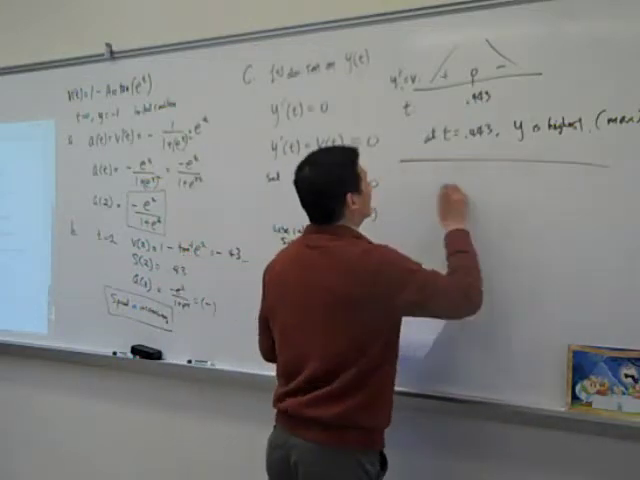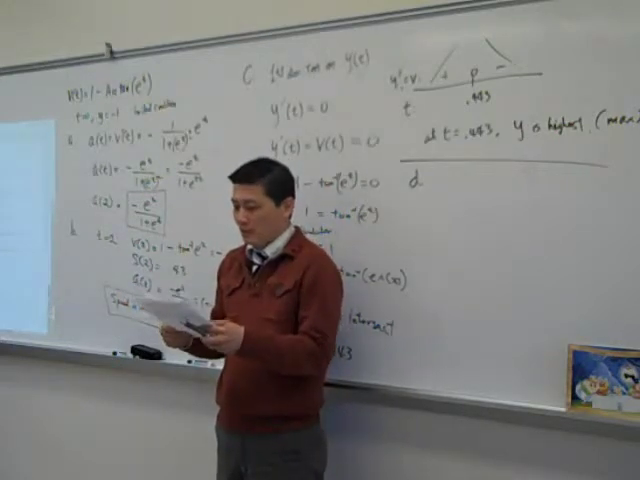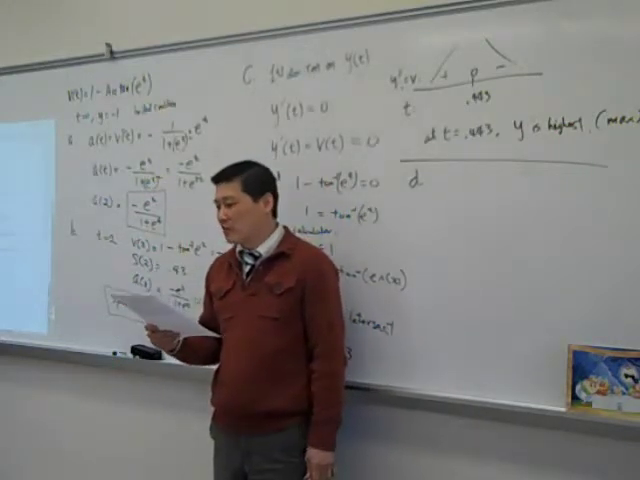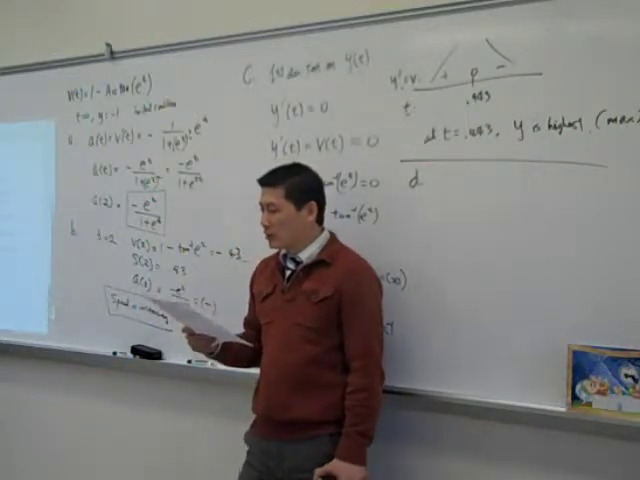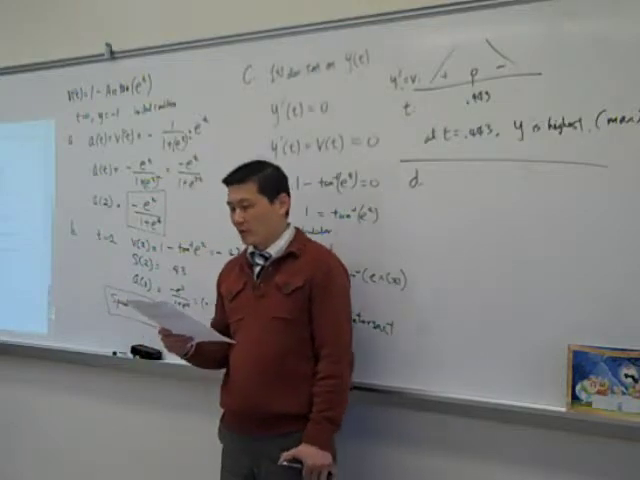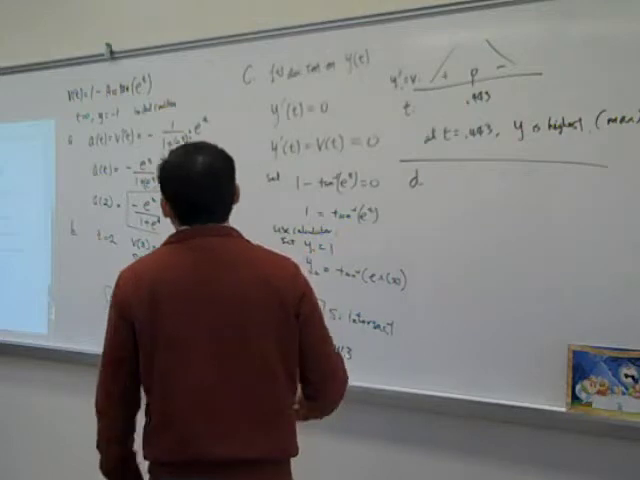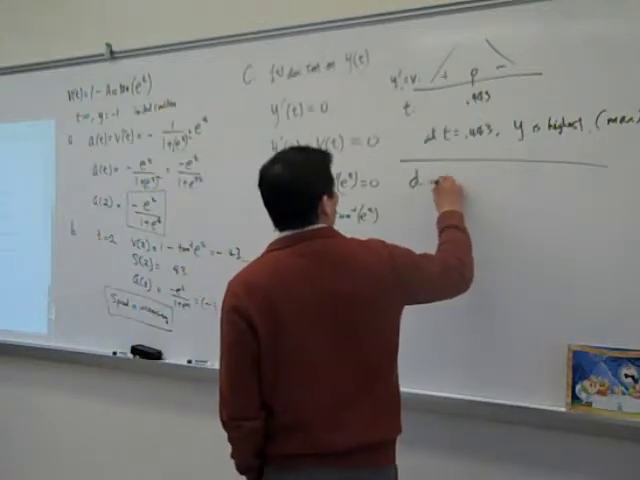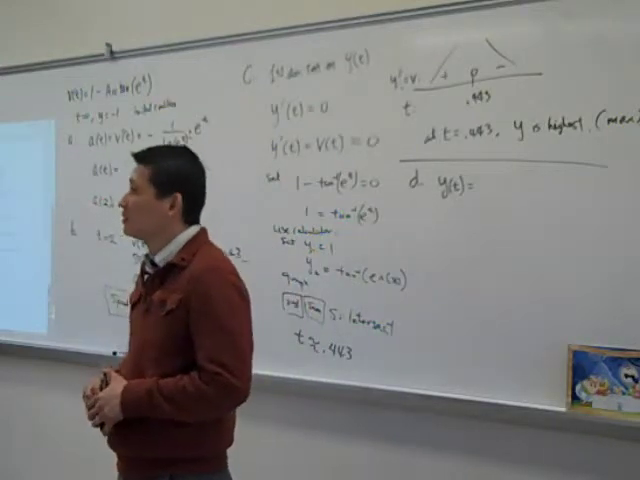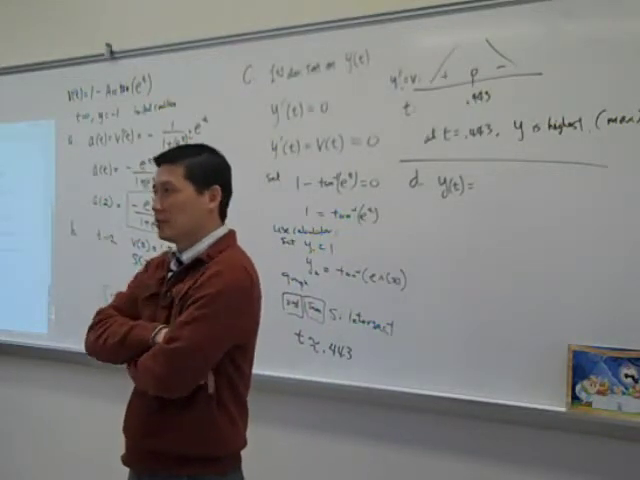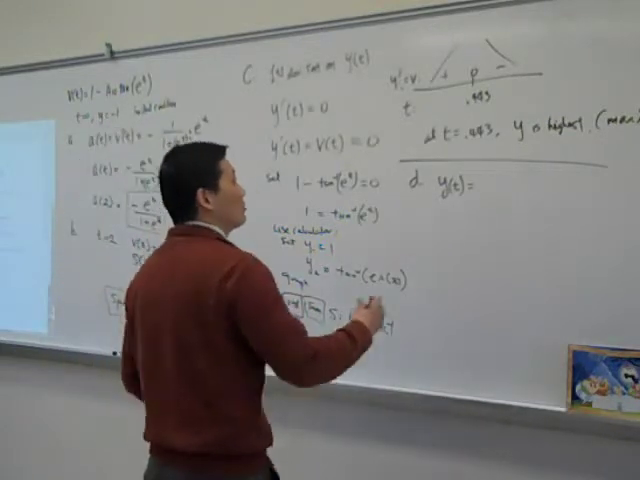Now part D. Find the position of the particle at time equal to 2. You want to see if the particle is moving toward the origin or away from the origin at time equal to 2. You want to find the position. Now, how do we find position? How do we find y at t? We have velocity and we want to find position. Integral, that's right. We want to find the integral